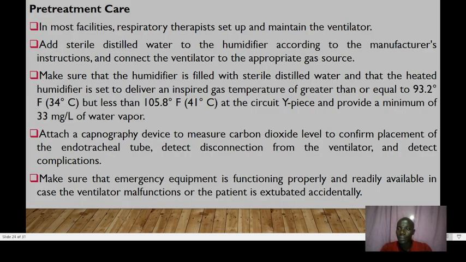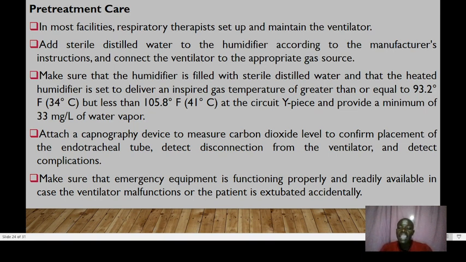So what are you supposed to do before this treatment, before the mechanical ventilation? Well, in most facilities, respiratory therapists are the ones who are charged with setting up and maintaining the ventilator. So you simply add sterile distilled water to the humidifier according to the manufacturer's instructions and connect the vent to the appropriate gas source. Okay, so you make sure that the humidifier is filled with sterile distilled water